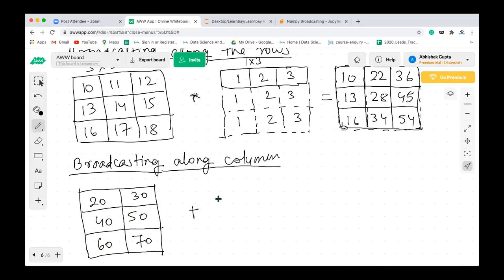And I'm going to add here one column vector. One single column is called the column vector. The elements we have here are, let's say, 4, 5, and 6. Now this shape has 3 rows and 2 columns, and here we have 3 rows and 1 column. So in this case, what we need to match is the number of columns. So now you will be matching the columns here.